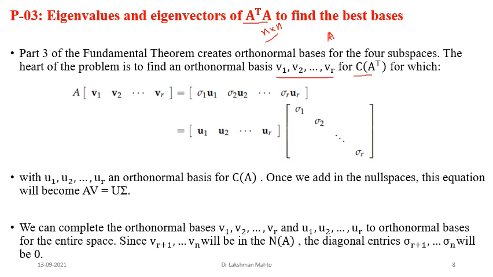Due to that, we can easily calculate the eigenvectors of this matrix, and it has r eigenvectors that matter. We can easily calculate r eigenvectors, because we will get only r non-zero eigenvalues. The rest of the eigenvalues would be 0.